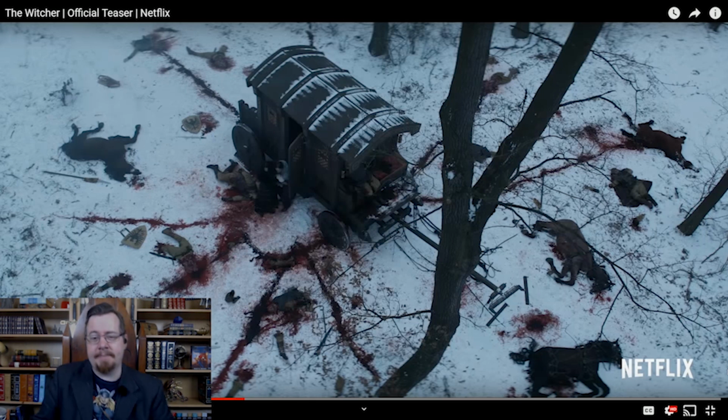What's wrong with this picture? It's the cart. What's wrong with the wheels? Solid hunk wood wheels. Like, spokes. Spokes are fine. Spokes are good. Okay. Let's have spokes on wagons, people.